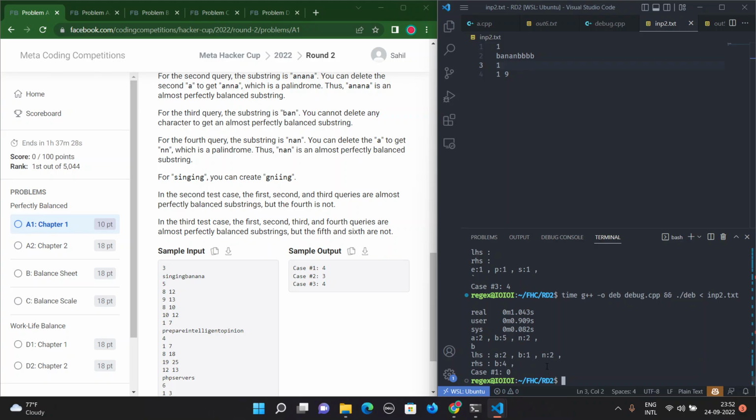Correct. It is correct. Even if you remove one B from it, it still has a difference of